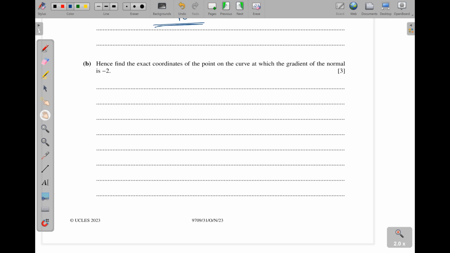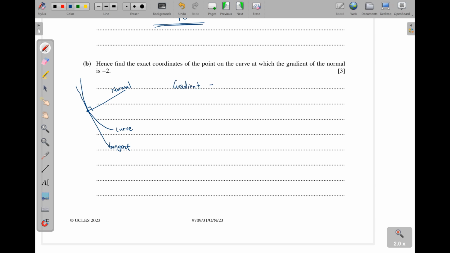In other words, find a way of using what you have gotten to solve this. So hence find the exact coordinates of the point on the curve at which the gradient of the normal is negative 2. Just like I showed you before, if you have a curve here, then a line that intersects the curve at only one point is what we call the tangent. Okay, this is the tangent. Then a line which is perpendicular to the tangent is what we call the normal. Okay, if this is the curve here. So, and dy dx represents the gradient of the tangent. So gradient of the normal,